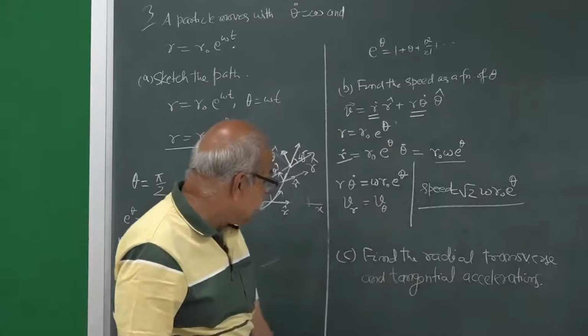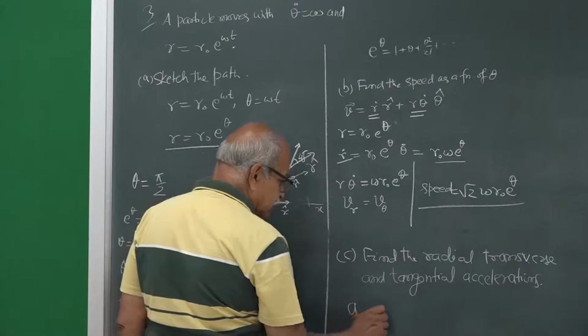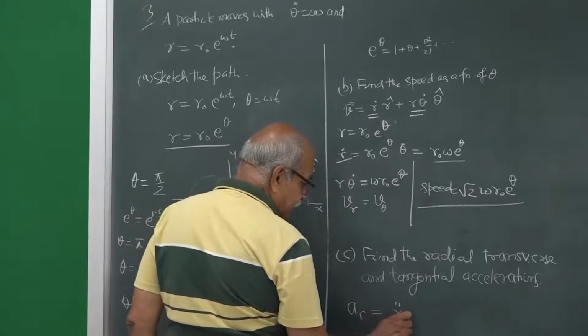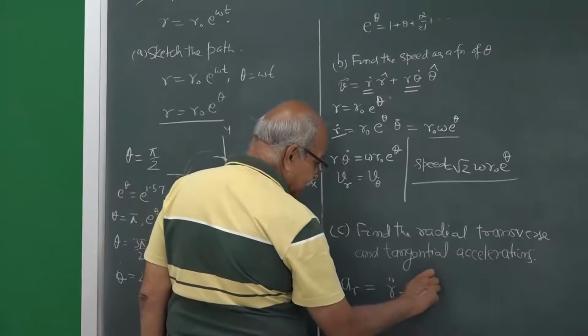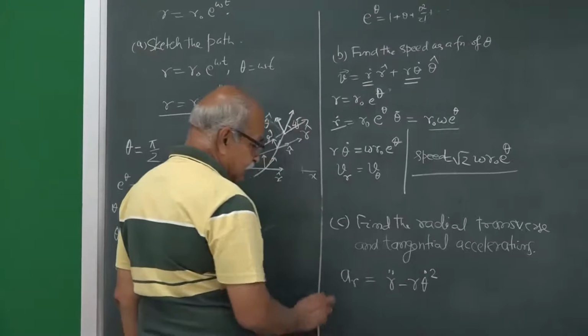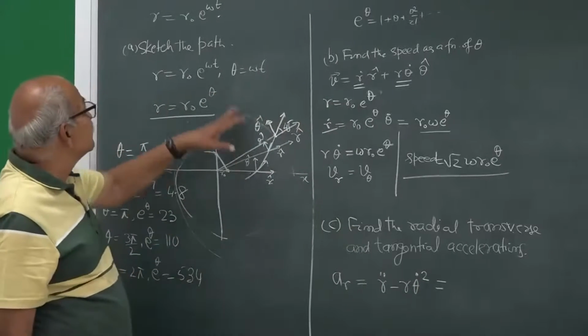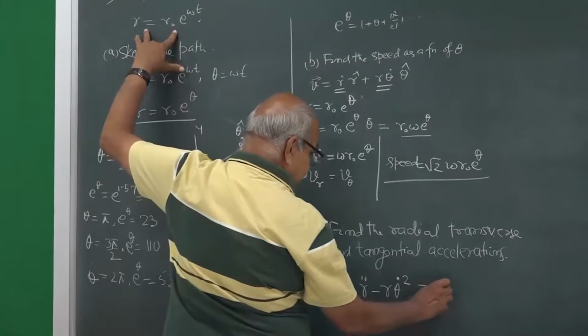So, what is this radial acceleration? Radial acceleration a_r is r double dot minus r theta dot squared. This is the acceleration in the radial direction. What is r double dot? This is r. So, r double dot is